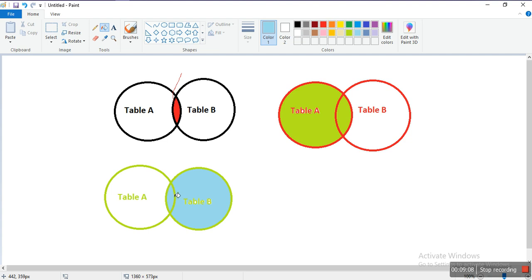Here the uncommon fields and common fields both are displayed by the right join, and if there is no common field available for this right join, then it will display null.